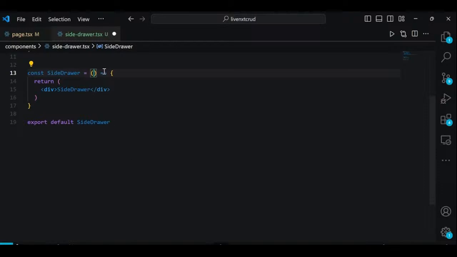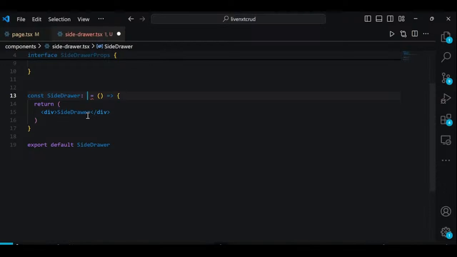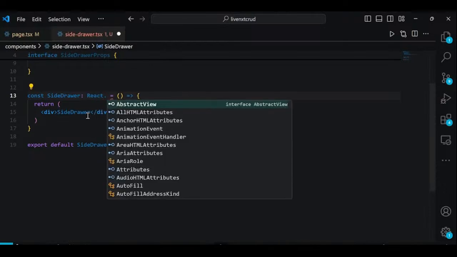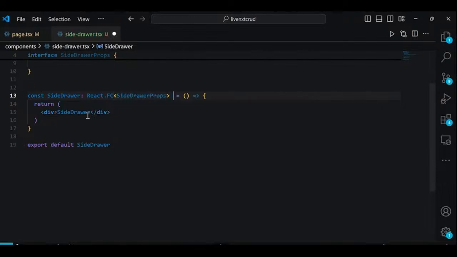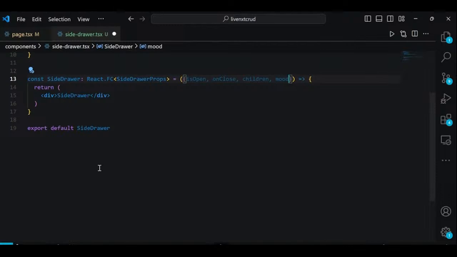So I'm going to make a quick shift in this. We'll say const SideDrawer, and we'll say React.FC, and we'll pass in the SideDrawerProps, and it is going to be equal to, yep, and we'll pass in isOpen, onClose, children, and mood. Right. So in the return statement, remove the div, and we'll replace it with